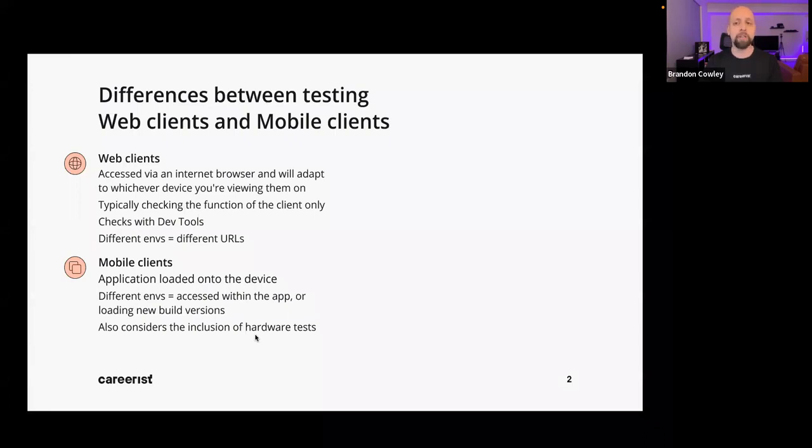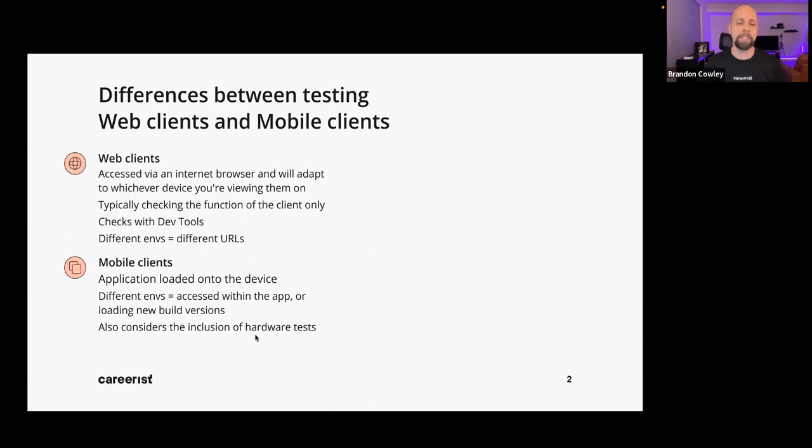And very important, we're typically checking the function of the client only. Meaning if you're browsing on Safari, Chrome, or Firefox, largely you're checking the function of that browser, to make sure the content is handled correctly and presented elegantly, and user information is transferred page to page, and so forth. We would do a lot of our checks with web clients using dev tools. Of course, there are other tools, but that's why I prefer using Chrome when testing in QA. It just looks and feels much better to use.